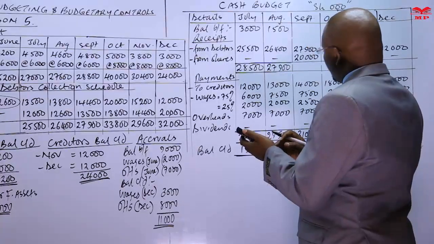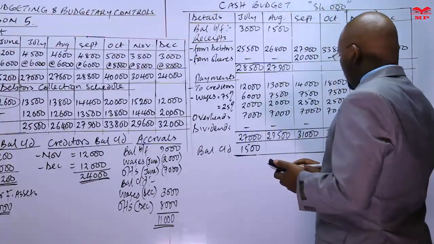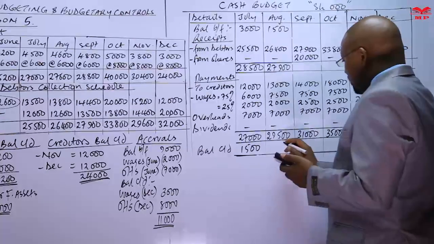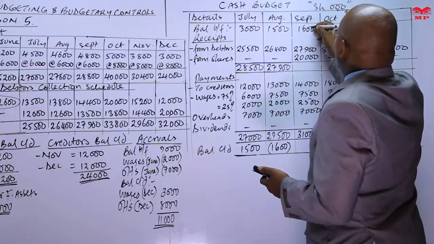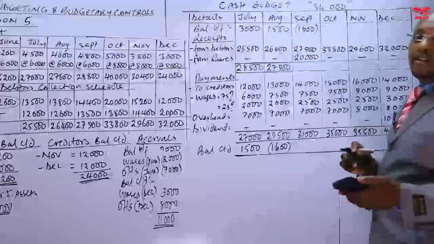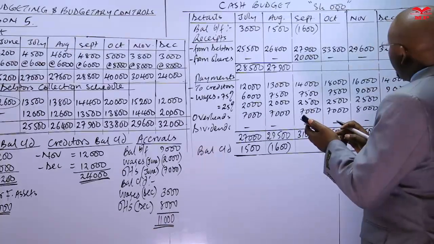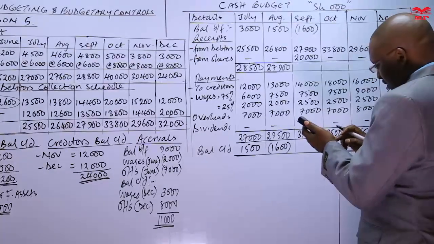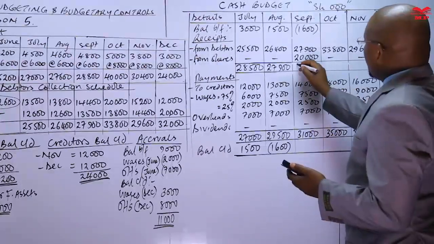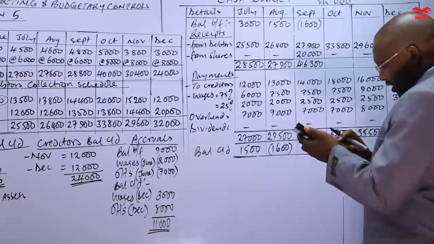27,900 minus 29,500. That means we must take an overdraft of 1,600, which we are going to make payment here, as we already have it as a negative, so it is to be paid. Then we add 27,900 and we add 20,000. So we are able to clear the overdraft and we remain with 46,300, which if you pay 31,000, we